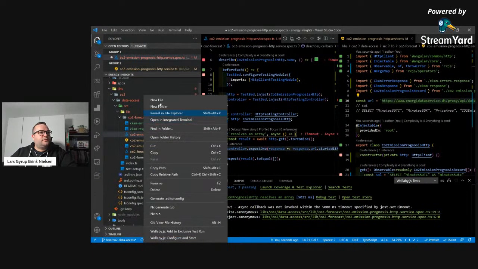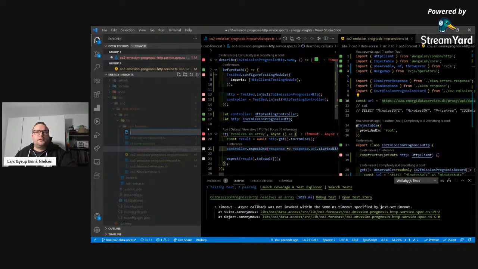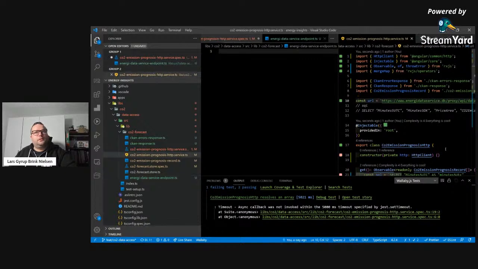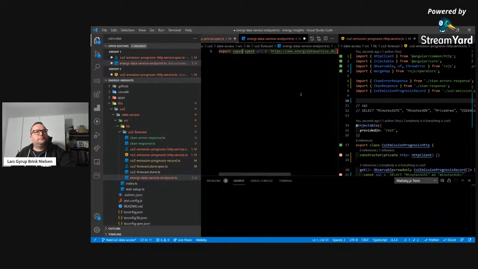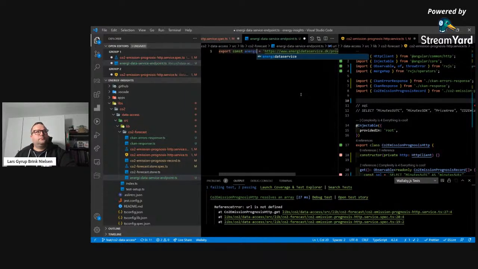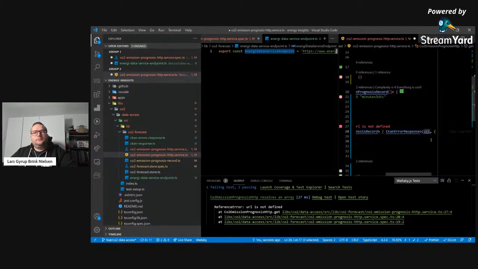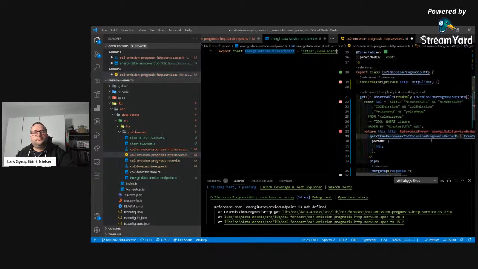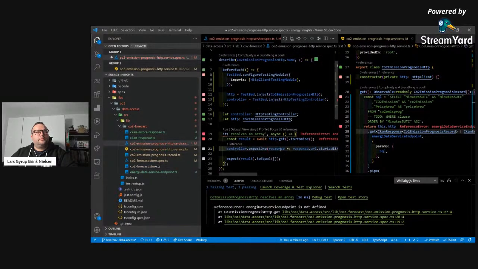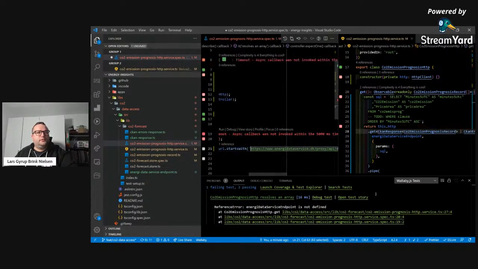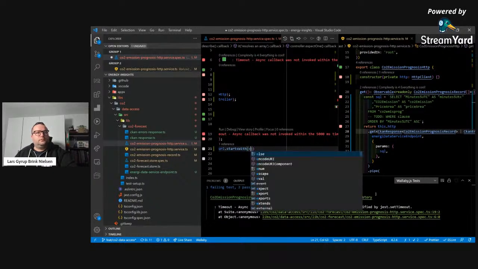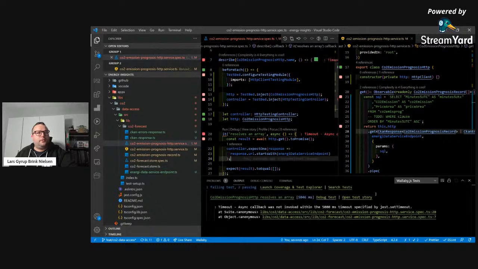Now might be a good idea to put it in a separate variable here. The endpoint, the data service endpoint URL. So it starts with, and okay, we could also do